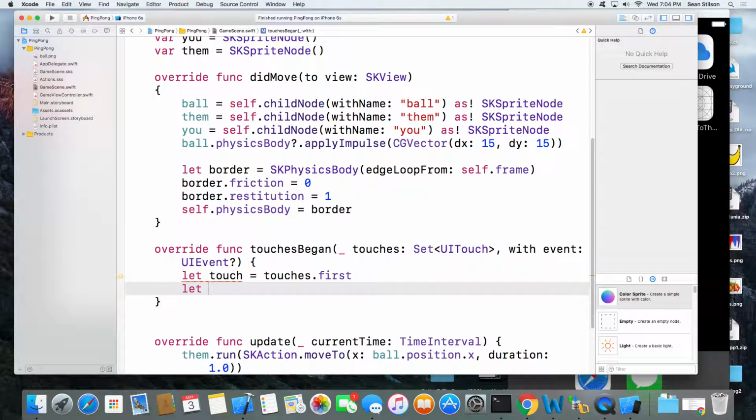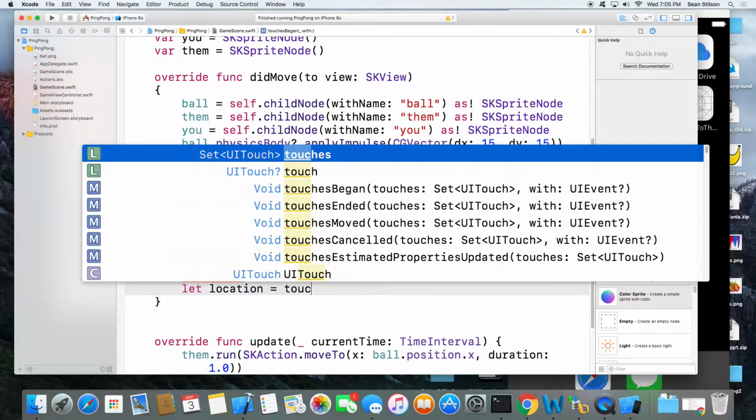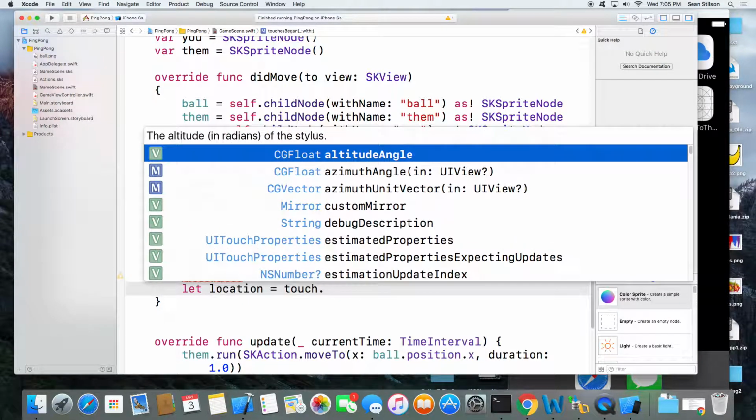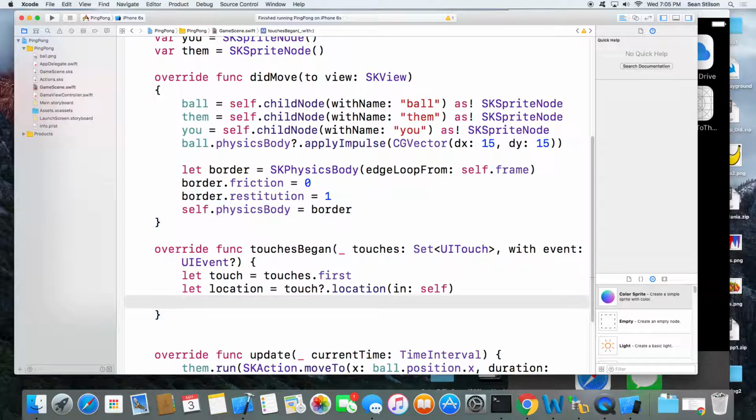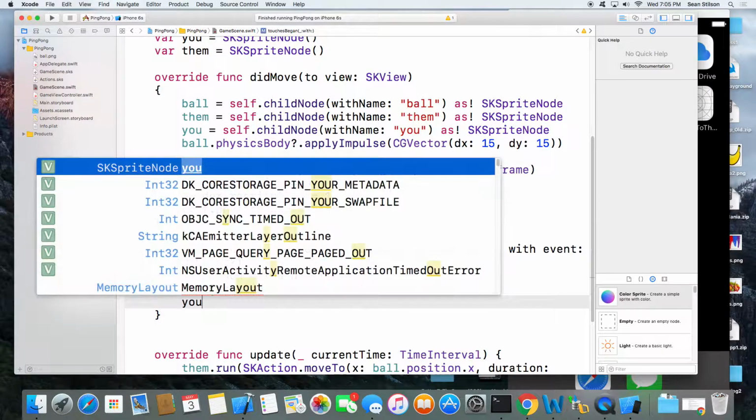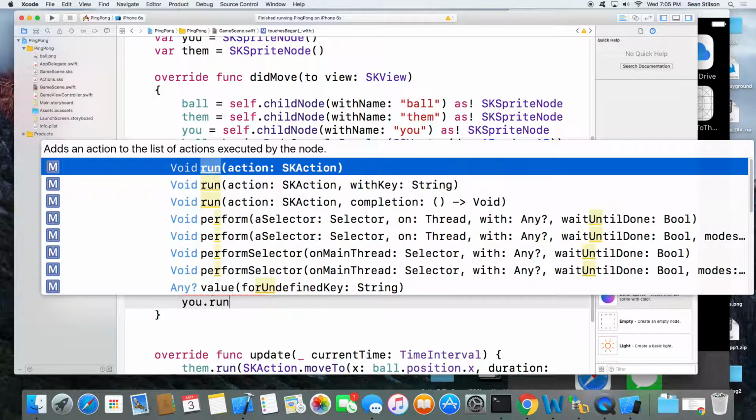Now we're going to get the location of that event. Location equals touch.location, and in the node is just us. Now we are going to react to that. So we say u, which is our paddle, dot run.